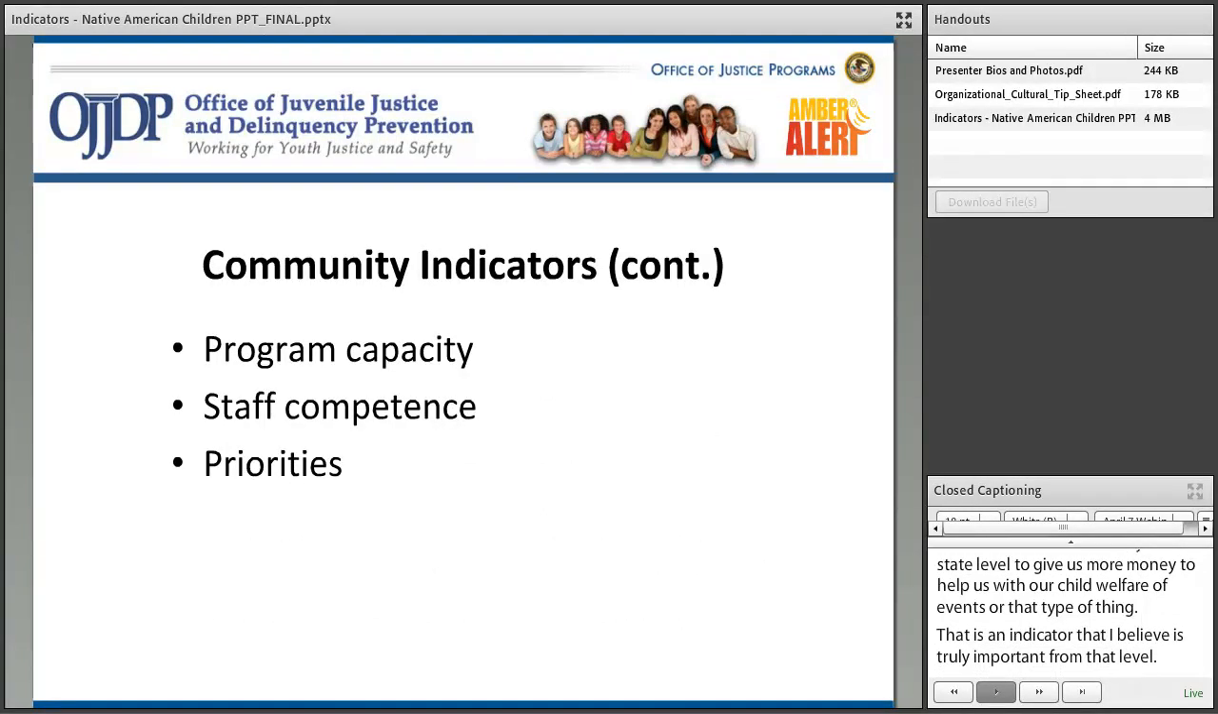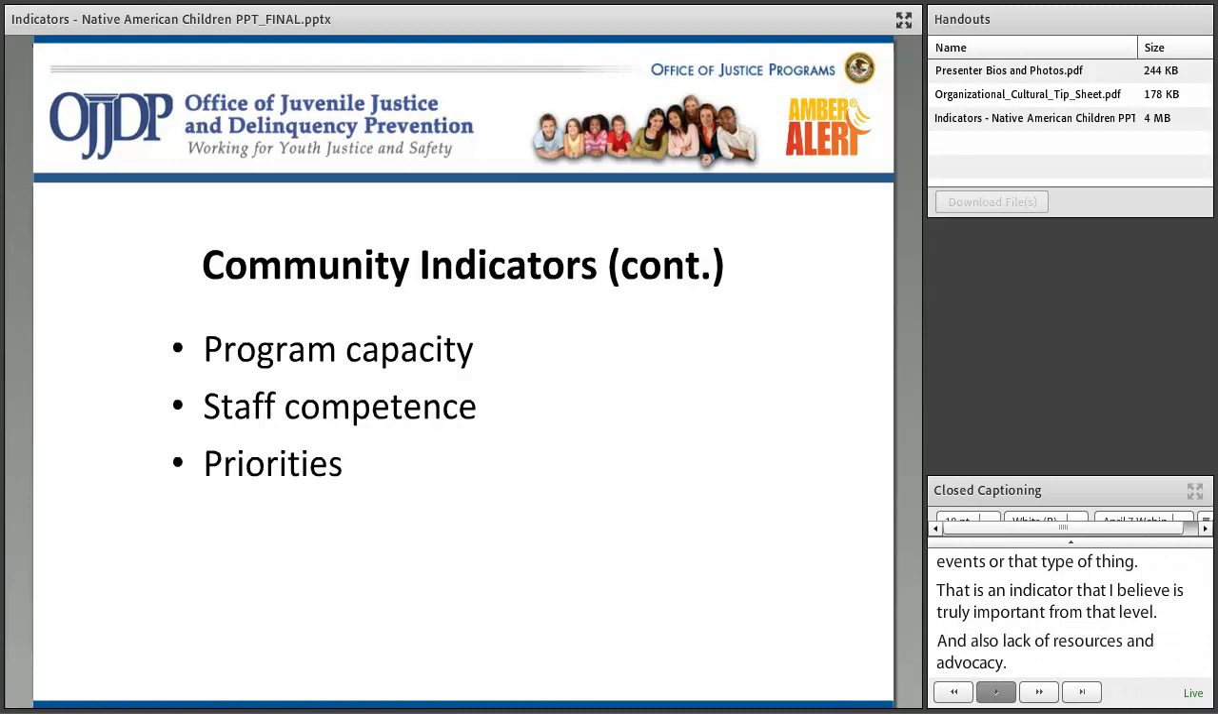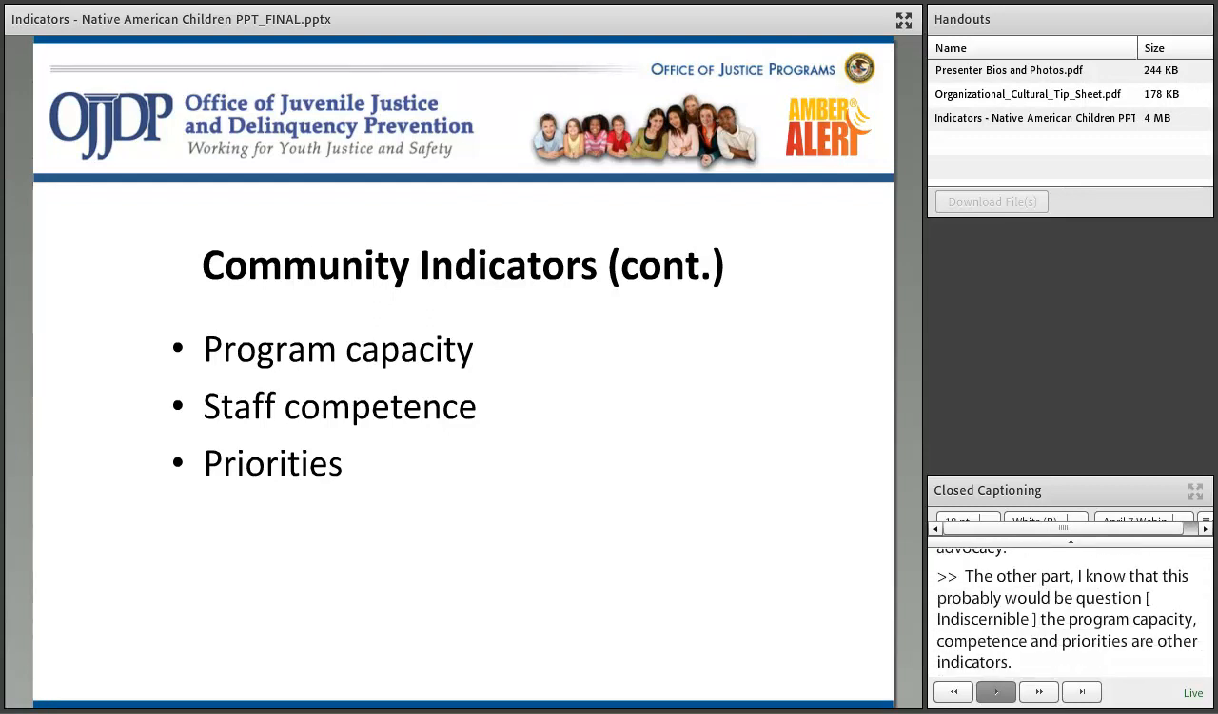And the other part, and I know that this probably would be questioned quite a bit, but program capacity, confidence, and priorities are other indicators. And what I mean by program capacity is being a community indicator. And some of these things cannot be helped, and I know that, because if you're in a rural area and you can't recruit qualified people to come and work, or your retention rate for employees is pretty low, then, you know, obviously these are not faults of any manager or director, but if you don't have the staffing level to meet the needs of your community,